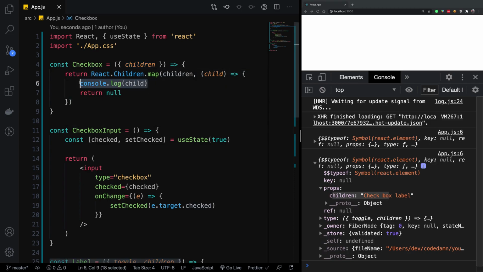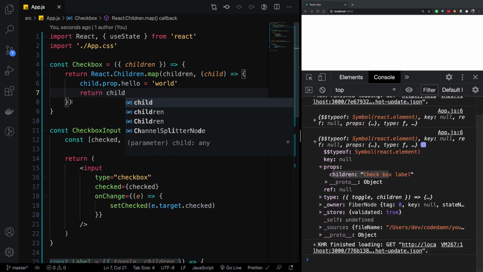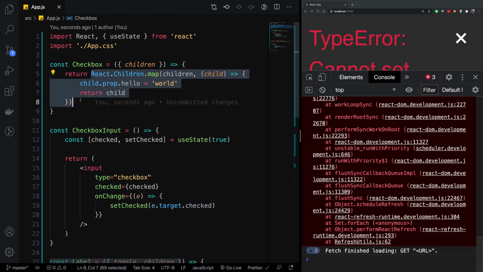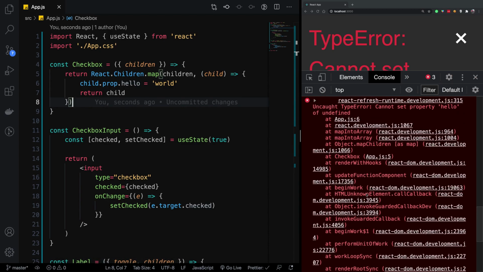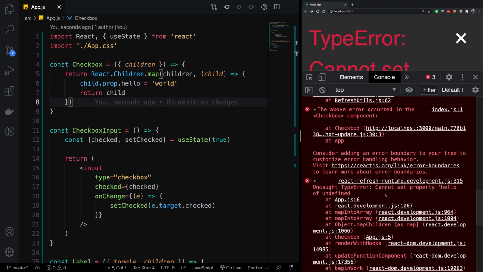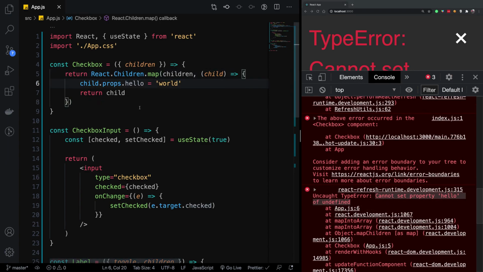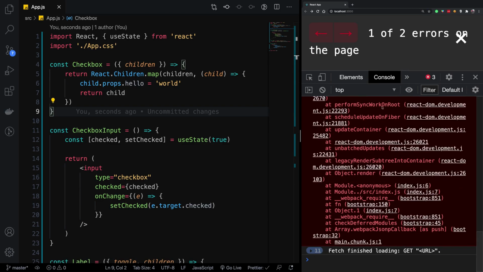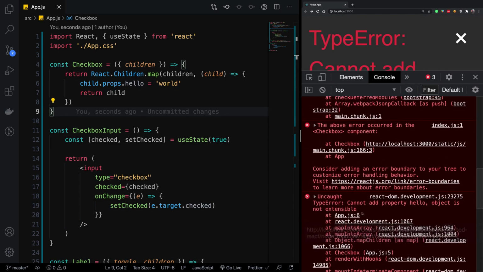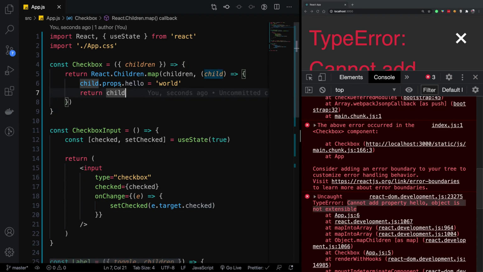We can mess around with this, and you can see that if we try to add a prop within itself, so I can say child.props.hello is equal to world, and then we can return child, right? And then we are finally returning this collection of children, so that's perfectly fine. But the moment I do that, we get an error that cannot set property hello of undefined. So that's a different error. But even if you do props right here, you will still get an error which says cannot add property hello, object is not extensible. So the reason it happens is because React internally does not allow you to